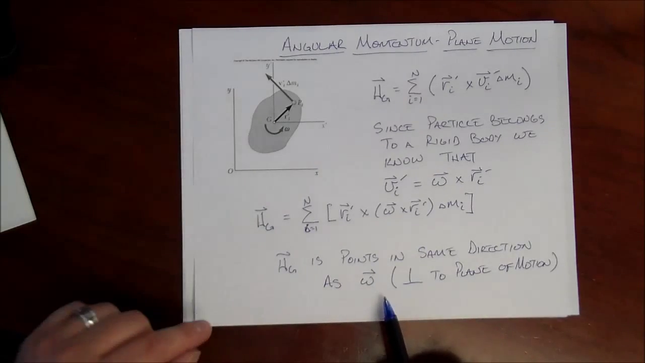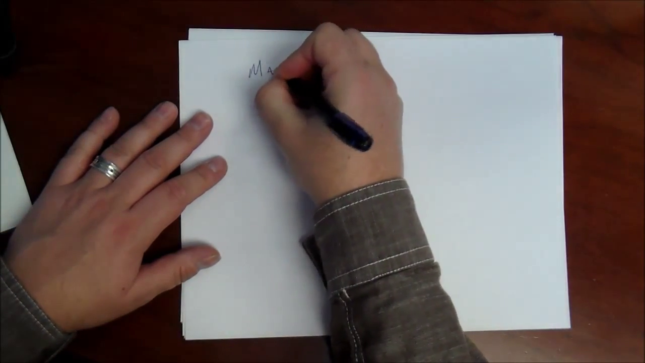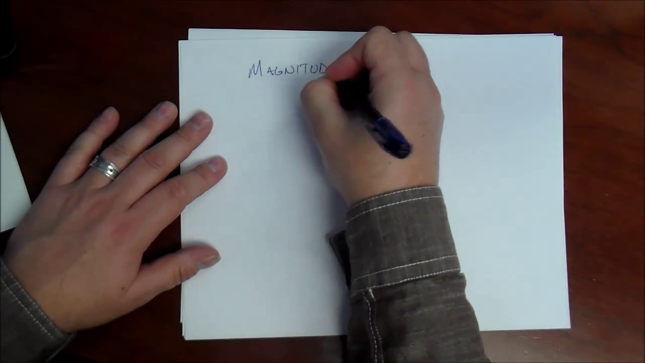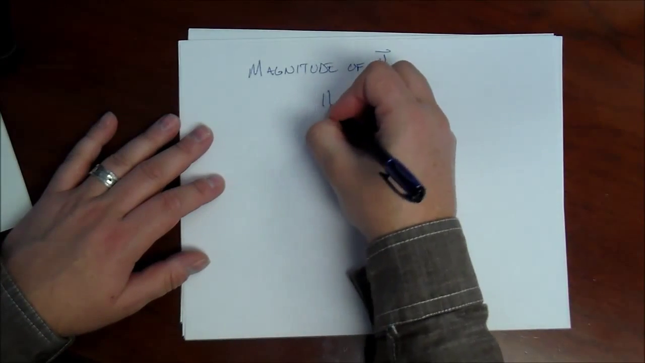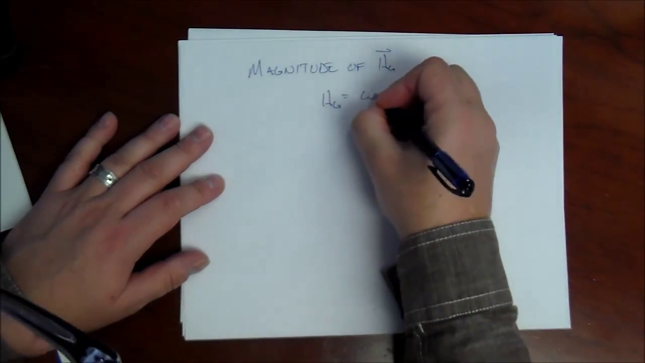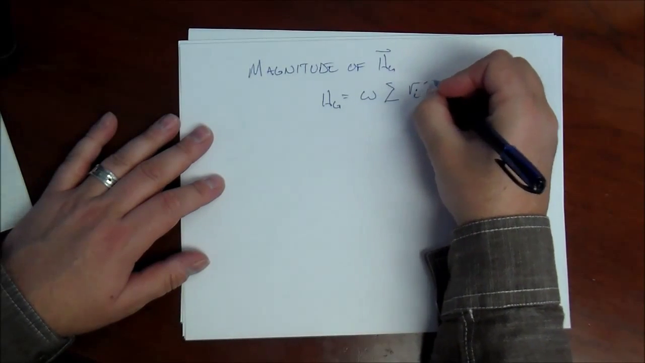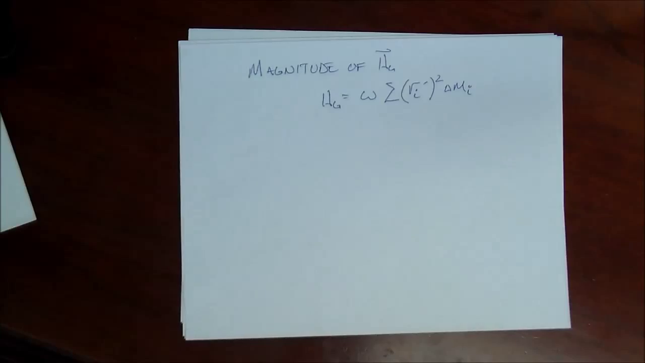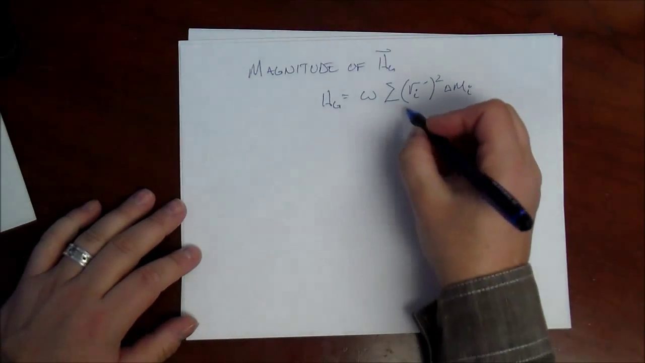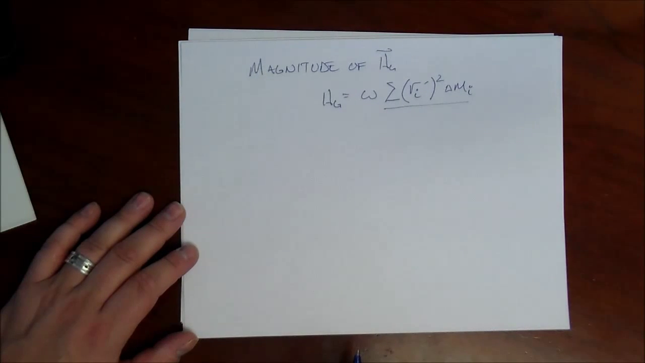And we know that its direction is going to be perpendicular to the plane, and the magnitude of that angular momentum is equal to omega times the sum over r, the r sub i primes squared, delta m sub i. So you might note that this term in the expression for the magnitude of angular momentum